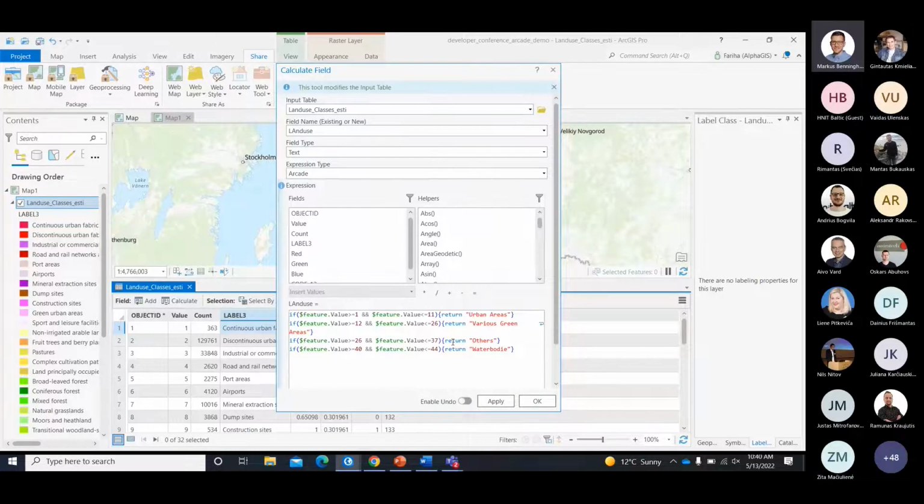Here basically I wrote that if the feature value is between 1 to 11, I am defining it as urban area. Same way I am putting 12 to 26 as some green area. And if the value is from 26 to 30, it's some random areas, and another defined area is water body from 40 to 44. So if I run it,